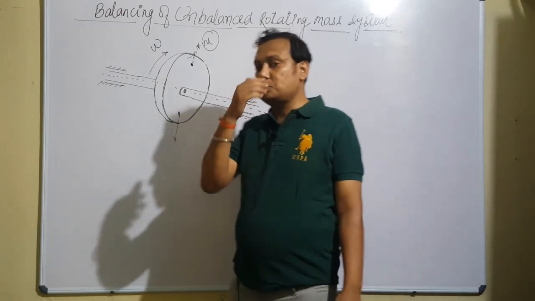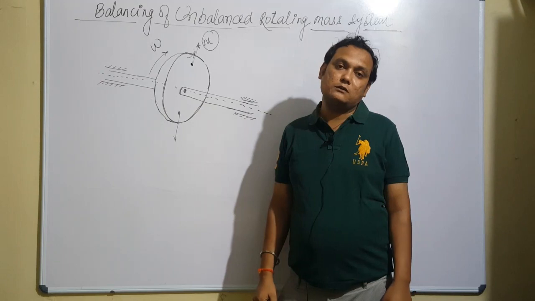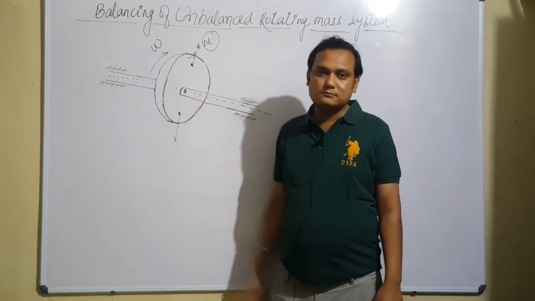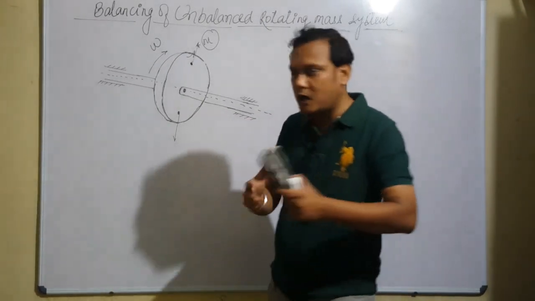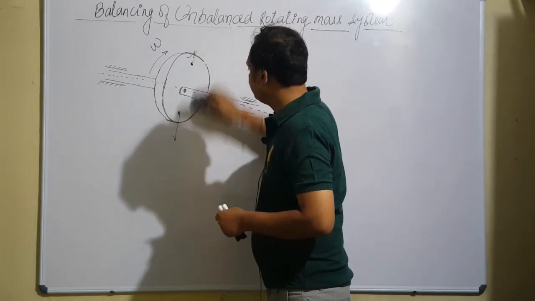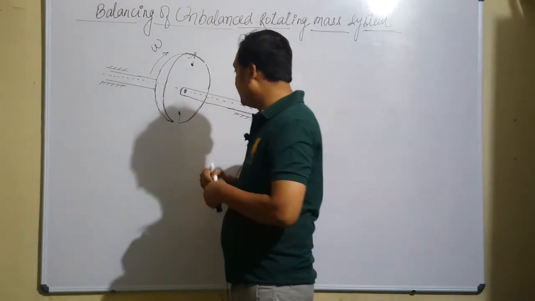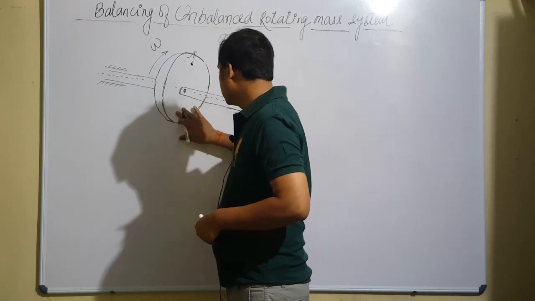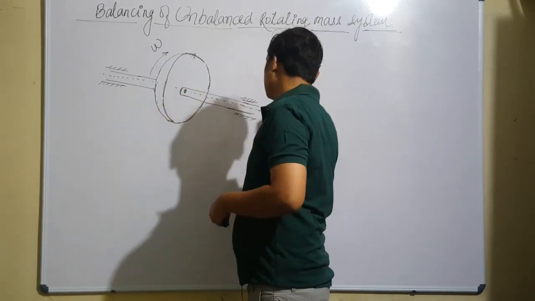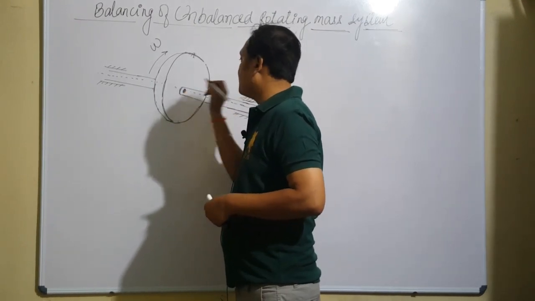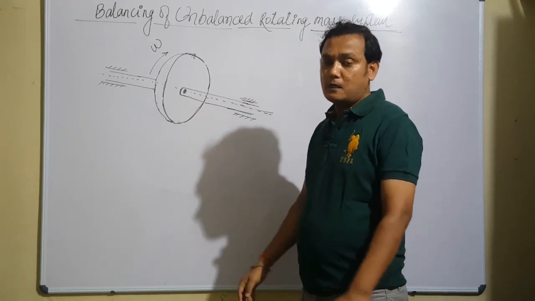Now just imagine a situation. This system is unbalanced. कैसे होगा unbalanced? Somehow it will. Till now the discussion is that the centrifugal force of the body lies on the axis of rotation. This axis of rotation में ही lie कर रहा है center of mass or center of gravity of the body.